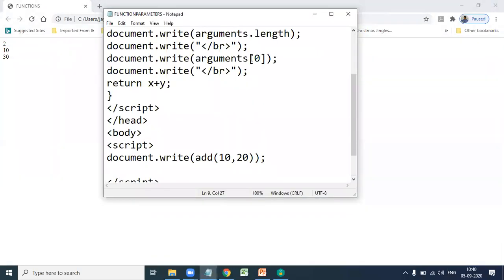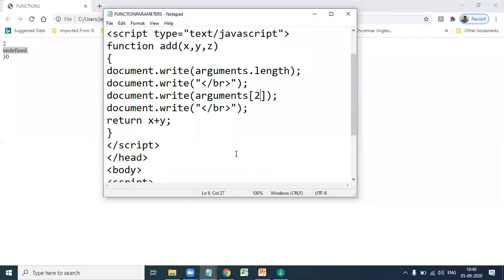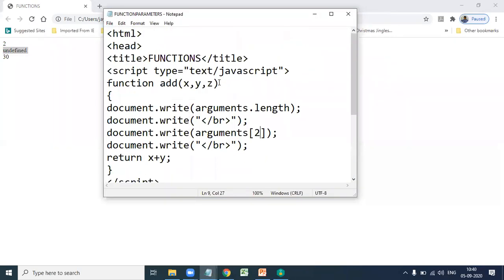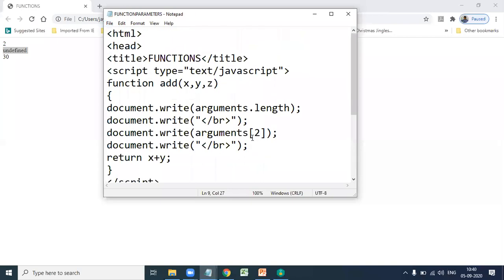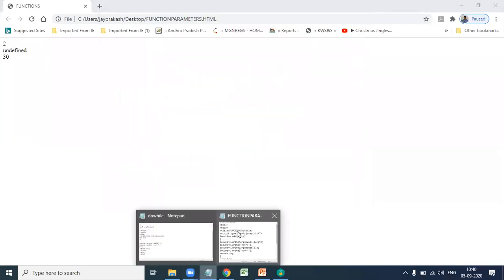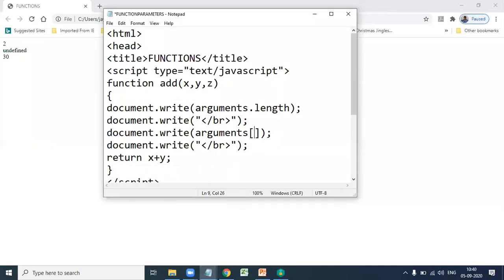If you give arguments dot 2, you see undefined. That means the number of formal parameters is 3 and the number of actual parameters is 2, so the third element is undefined. So that is the parameters.